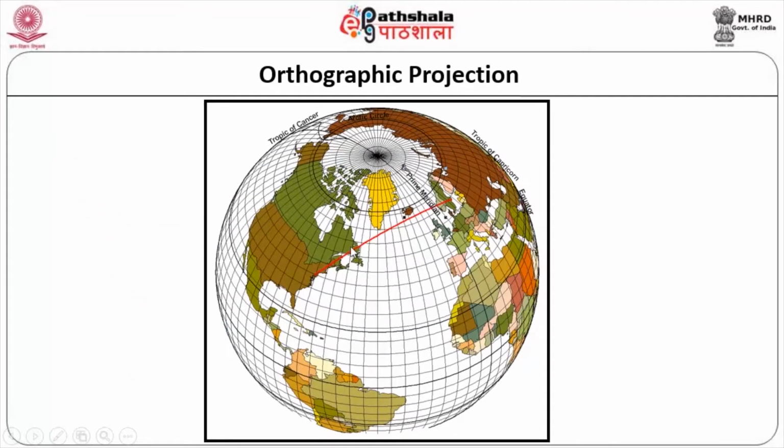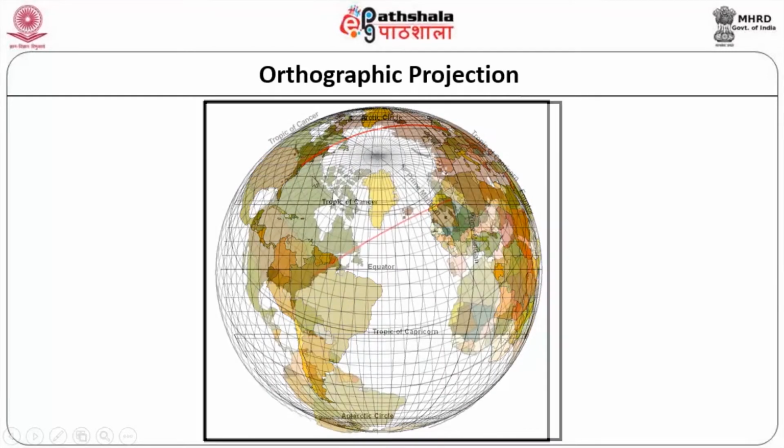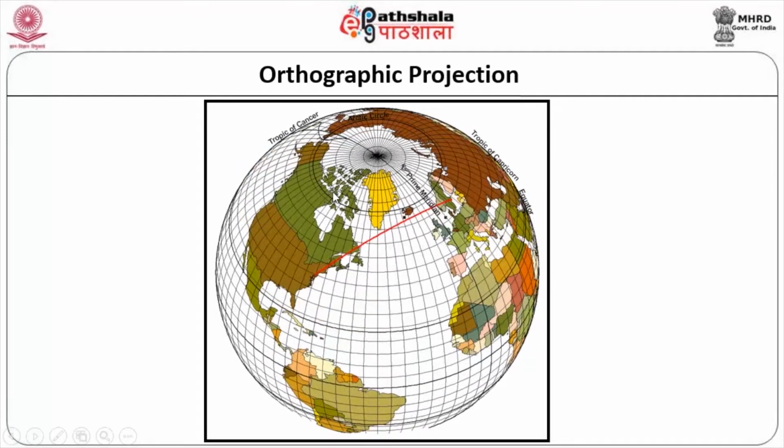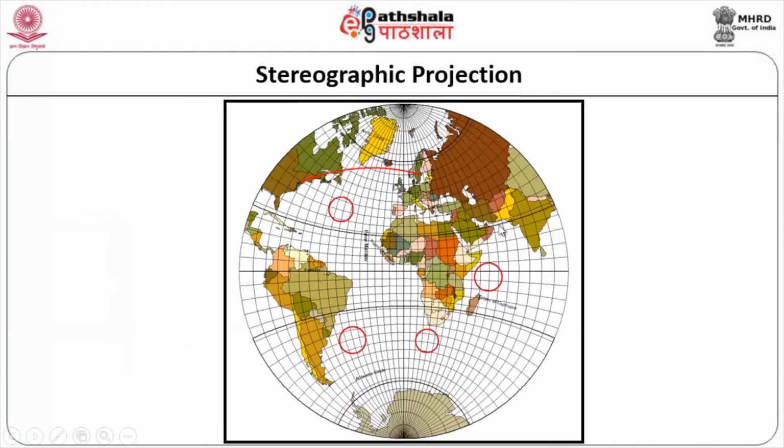So this is the source, or the distance from this particular point to another point. And in fact, most of the aeroplanes tend to use this analogy, and they try to use the orthographic projection for their voyage from one place to another place. So, this is how it will be, orthographic projection. This is one part of the earth and this is the other part of the earth. Area of coverage is less, you can see not much area is covered, whereas in the previous cases you could see a lot of area is being covered.